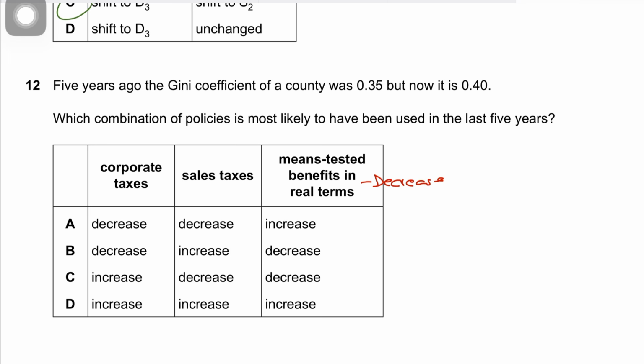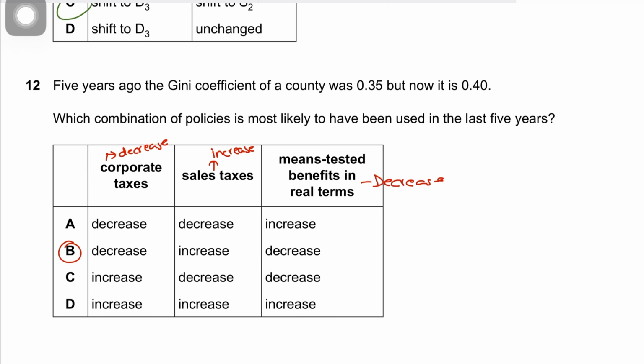As far as sales tax is concerned, it's regressive, so this has to increase. And corporate taxes, it's progressive, so this has to decrease. And so the answer then has to be B for boy. But let me go into a bit more detail. As far as means tested benefits, they mainly help low income households,